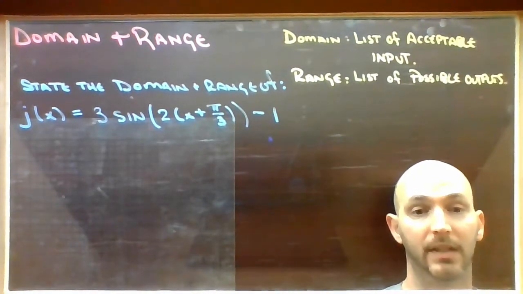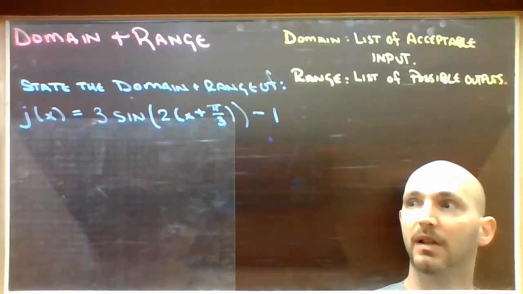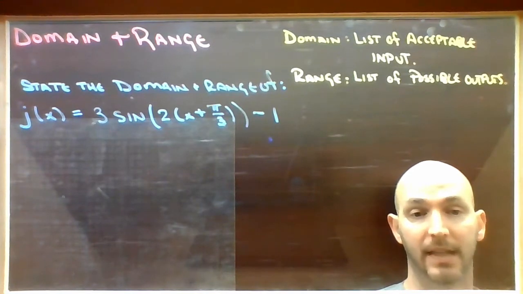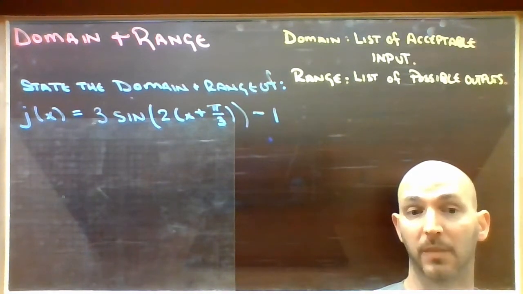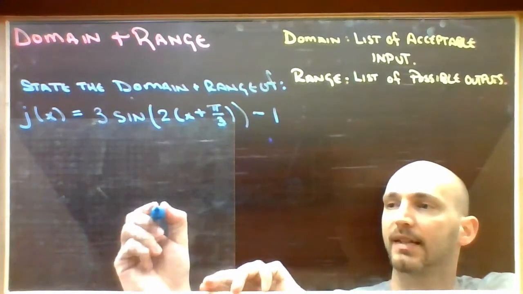Alright, so we have a sine function here in order to do our last example. So I'm going to sketch it, take a look at where it is, and then write the domain and range statements from there. So if I put in my untranslated axis,